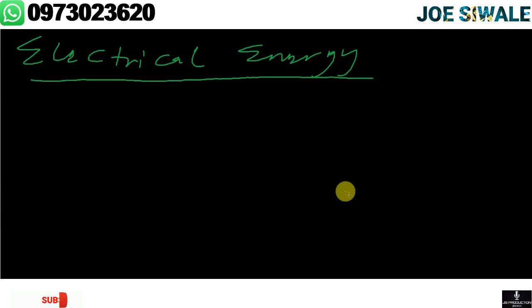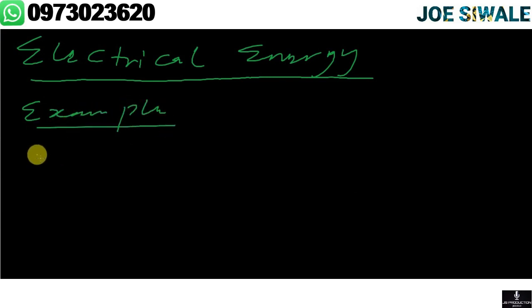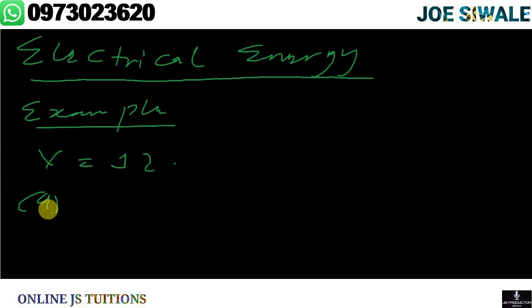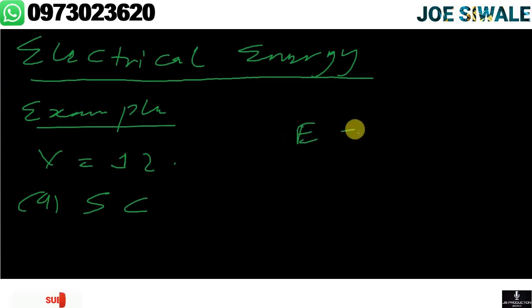So I've been given two instances. From this question, I've been given the potential difference, which is in volts, as 12 volts, and (a) reads a charge of 5 coulombs passes through it. So I'm required to calculate electrical energy, and from this data I can say electrical energy is equal to